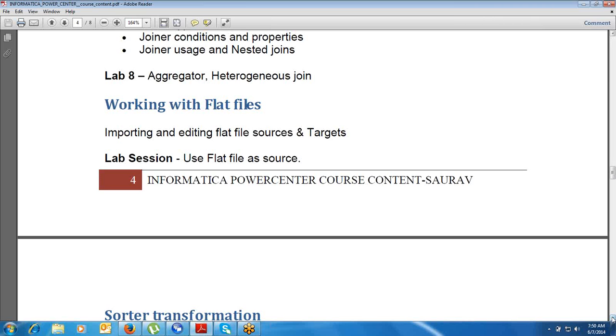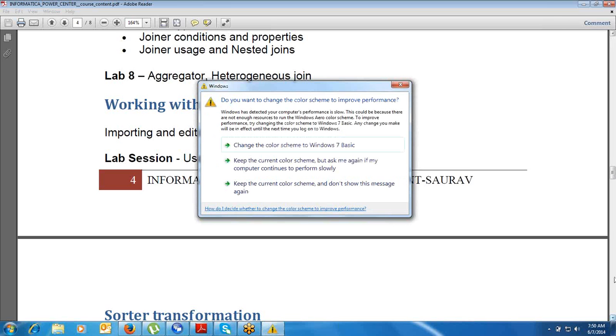Suppose the source file name contains a particular country code or date information. You need to extract this date information or country code from the flat file name itself, so you need to track the source file name. These kinds of small basic operations are very important for flat files.